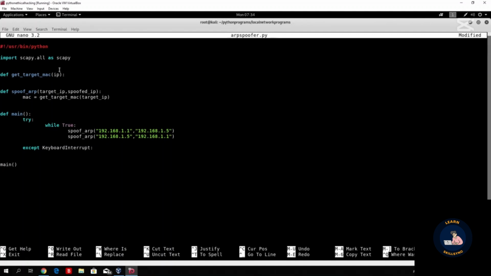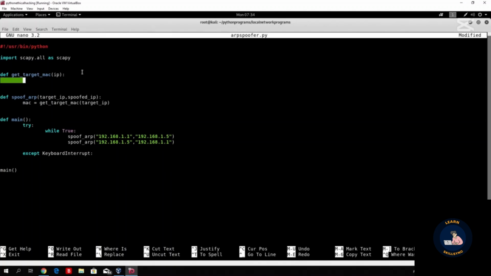Since we specified right here that we want to select an input of the actual IP of our target, all we need to do right now is specify the same process that we did in the previous video, which will get us the MAC address of the actual target. So we can select the ARP request, for example, since we are sending the request to be equal to the